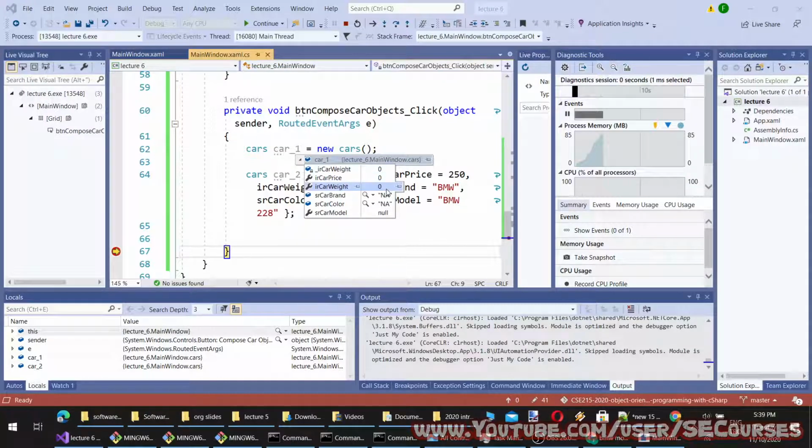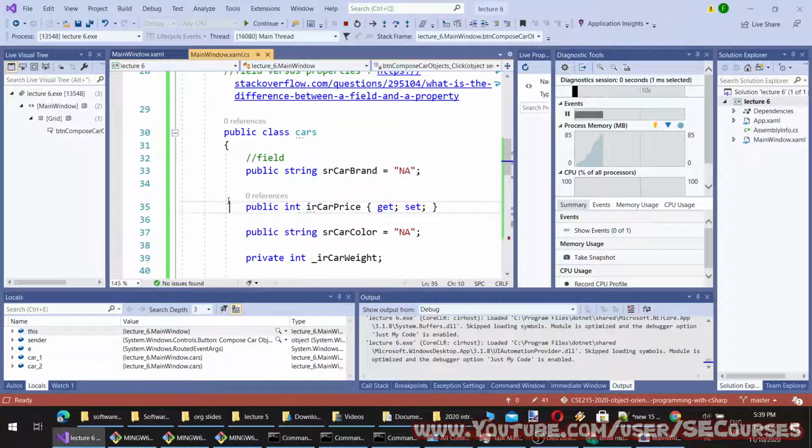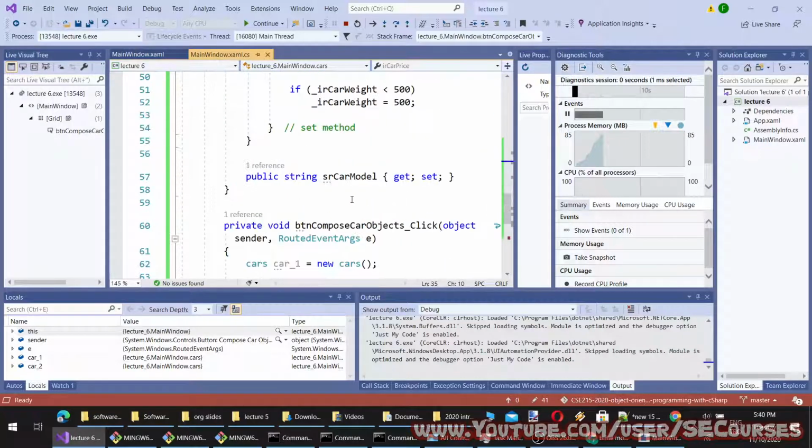Actually, these are private values, therefore I cannot access them from anywhere else but within the class itself. What I can access is this one, car price, a property, car weight, a property, car brand, a field. You see they have different icons. They are NA by default, and car color NA, and car model null. Why is it null? It is null because we didn't set any default value to it.